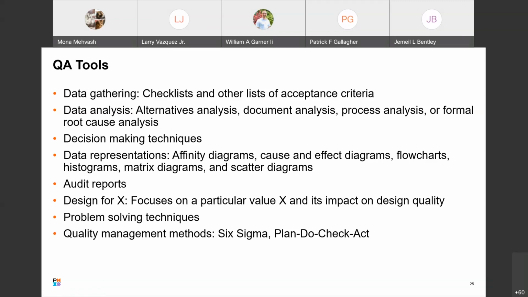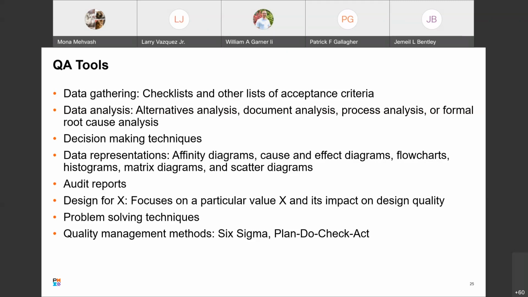Decision-making techniques, data representations such as affinity diagrams, cause and effect diagrams, flowcharts, histograms, matrix diagrams, and scatter diagrams. Audit reports, and problem-solving techniques, quality management methods such as Six Sigma and Plan, Do, Check, Act, or PDCA.